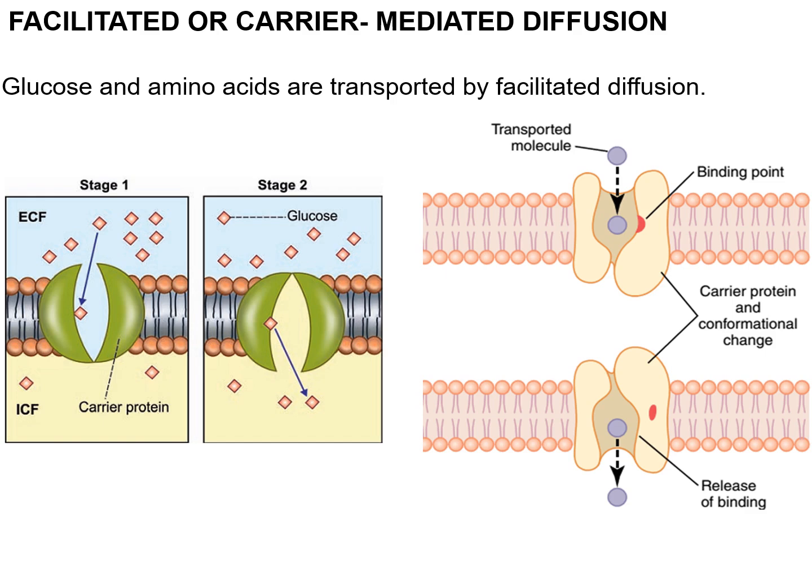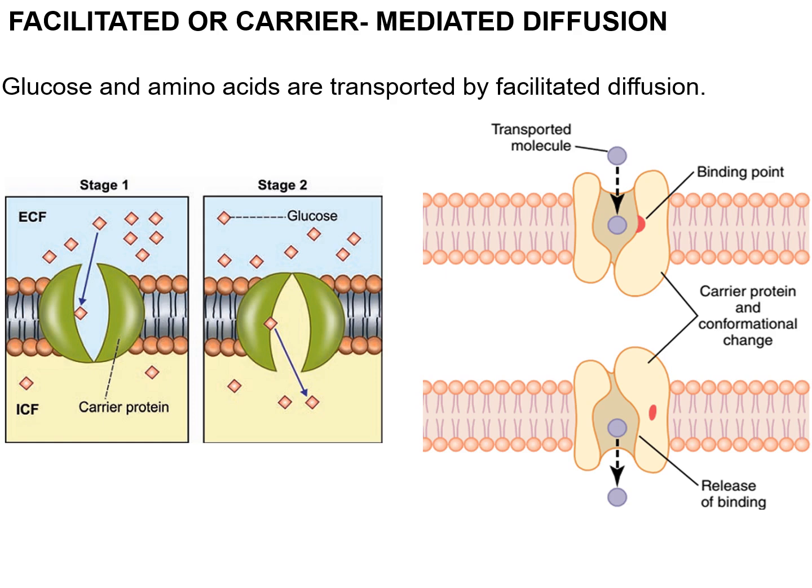Such a carrier protein has a receptor binding site for transported molecules, for example, glucose or amino acid. When such a transported molecule binds to the binding site on the carrier protein, we get a shape change, and this allows the movement of that transported molecule to the inside of the cell. This process is an example of a passive transport mechanism, from the area of high concentration to the area of low concentration, and this shape change does not require any energy